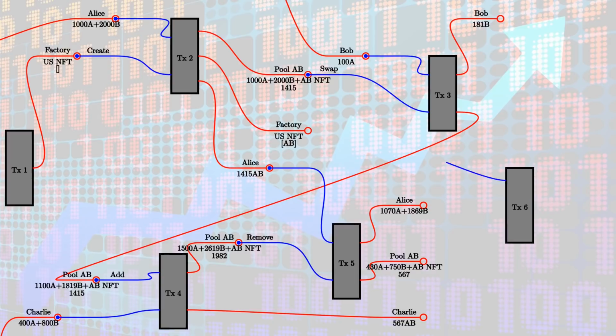The last operation is close, and it is for completely closing a pool and removing it. And this can only happen when the last remaining liquidity tokens are burned. So in our example, Charlie holds all the remaining 567 liquidity tokens, and therefore he can close down the pool. And in order to do that, he creates a transaction with 3 inputs. One is the factory, and note that we only involved the factory when we created the pool and now when we close it again, which also means that the contention on the factory is not very high. So the factory only gets involved when new pools are created and when pools are closed down.